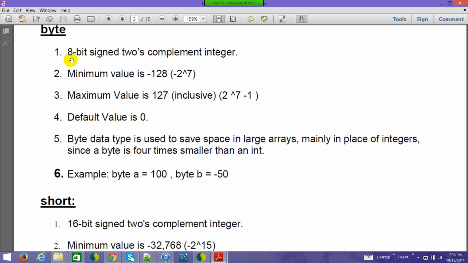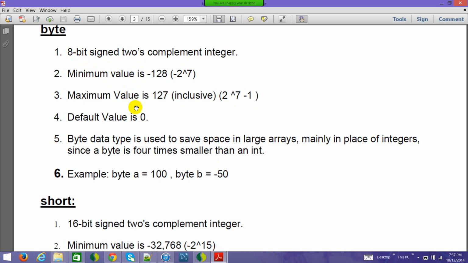And it has 8 bits. Okay. And if you would have read about 2's complement, it is a binary representation, and you add 1 and you get the 2's complement for that particular number. But anyways, that's not very important as far as this class is concerned, but if you understand, it will help you. In any 8 bits in Java, the first bit is for sign, and the remaining 7 bits are for the actual binary number. And if you see, the minimum value is minus 2 to the power 7, the maximum value is 2 to the power 7 minus 1.